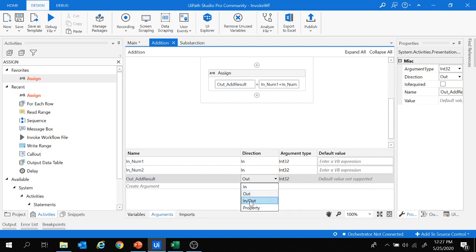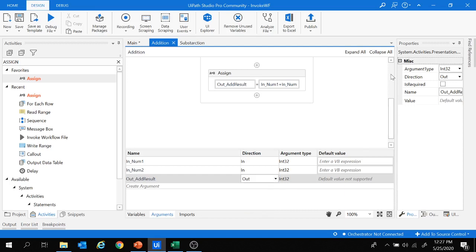If there is an argument which can be coming in and going out from this addition workflow, then the direction will be in/out. The next direction with us is the property. This property direction is used in case you are not using the argument anymore, but it might be useful in future. So in such cases we can make the direction as property.